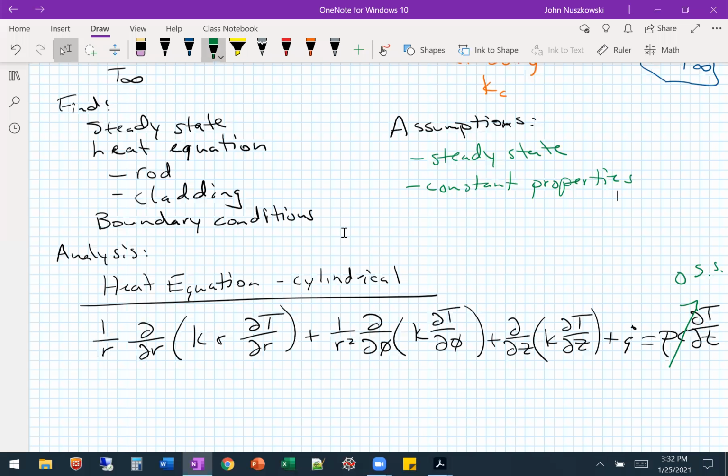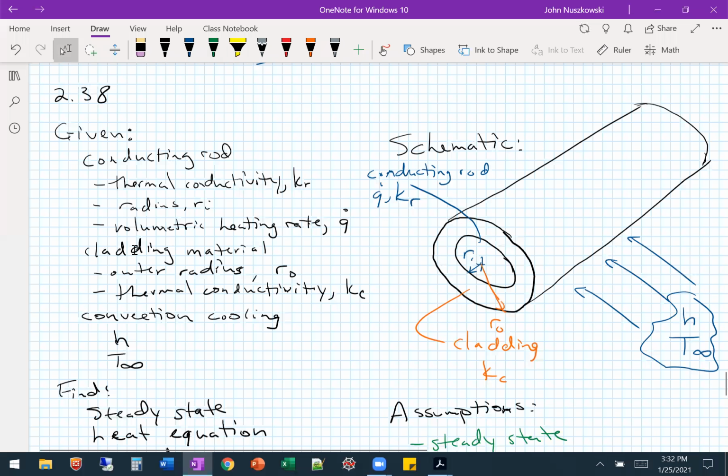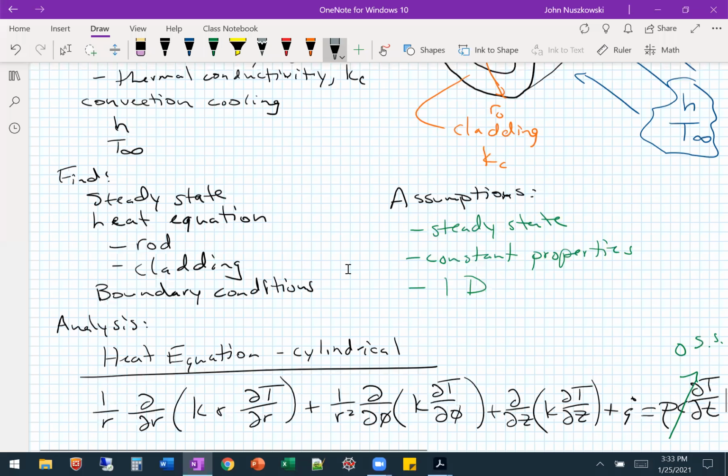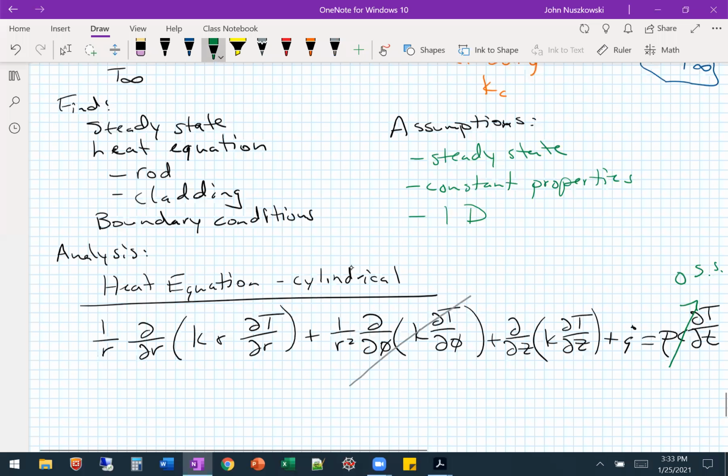So one-dimensional, right? If we're looking at this geometry, what's going on here, right? We're not seeing heat transfer occurring around the angle here, right? It's not a problem that looks like it has heat transfer going around that, so we don't have to worry about that. The other thing is we don't see any heat transfer going in this Z direction here, right? It's all across and looking at the temperatures changing in that radial direction, so we can assume we're more of a 1D problem here, right? And that's a long kind of rod. All right, so that cancels off